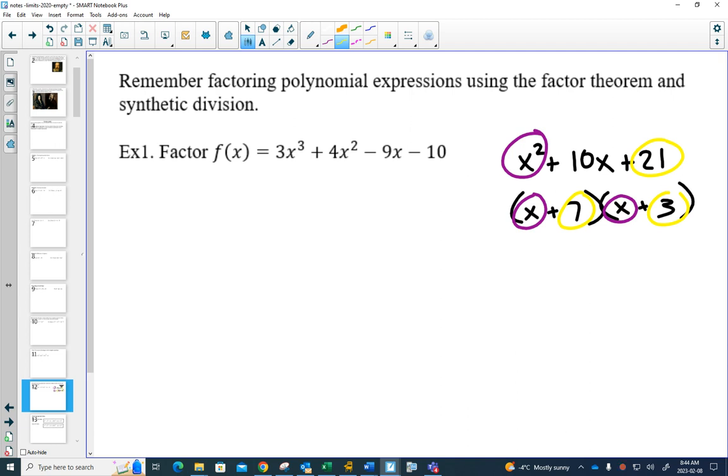chances are we would start off with, and don't write this down right now, but this is just sort of theoretical, chances are we find one factor first. And that factor might have an x here and a number here. Now if I pick all the right numbers, that would be terrible, but I'm going to try to pick the wrong numbers. Let's say I say x plus 2 here is one of the factors. That would tell me, if that's an x there, then